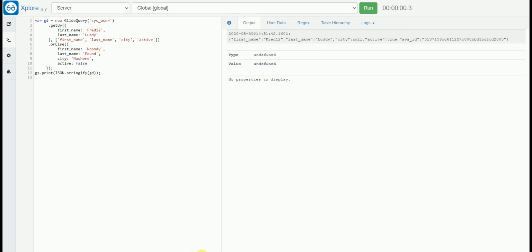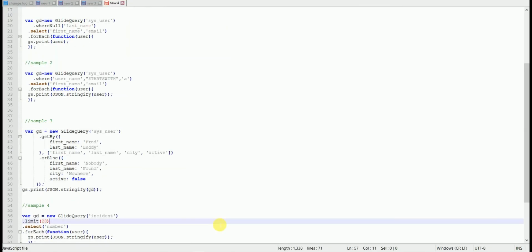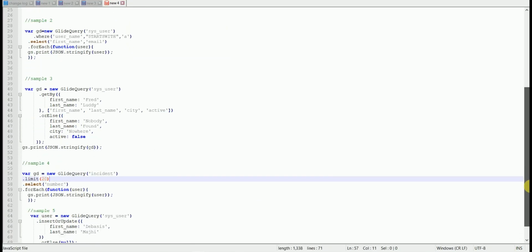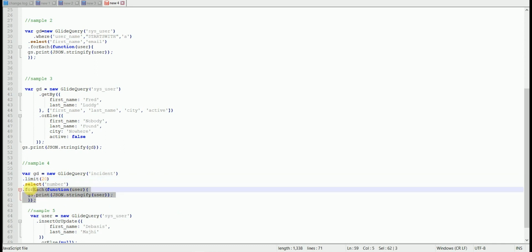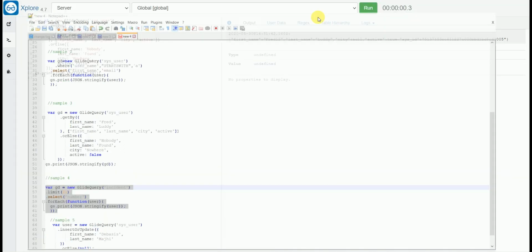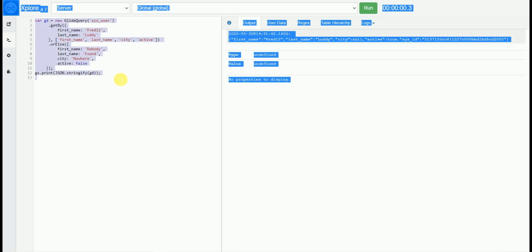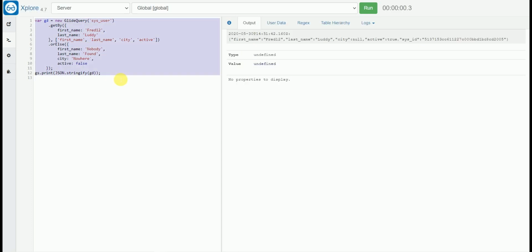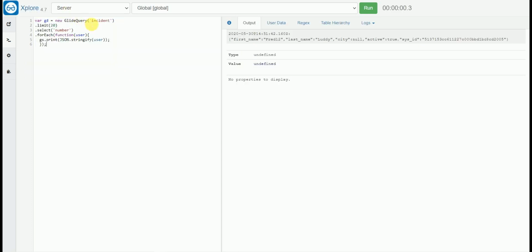It's interesting, man. This thing is interesting. It looks fantastic. So let's try this one as well. So we have an incident limit function over here, and we are just printing its number. Okay, so let's see.